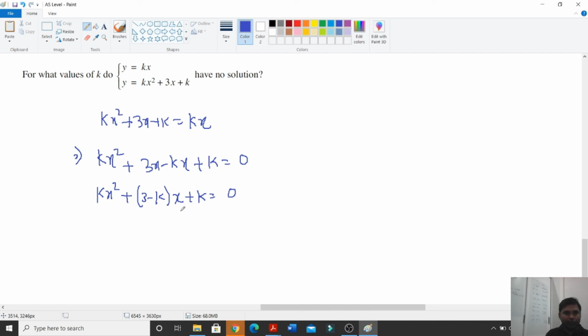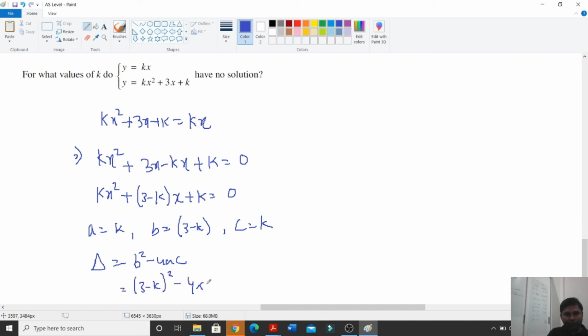Now from here, we'll find out the discriminant. So A is k here, B is 3 minus k, and C is k. We are comparing with the general quadratic equation. So discriminant is b square minus 4ac. So b is (3 minus k) whole square minus 4 into k multiply k. So we will get,